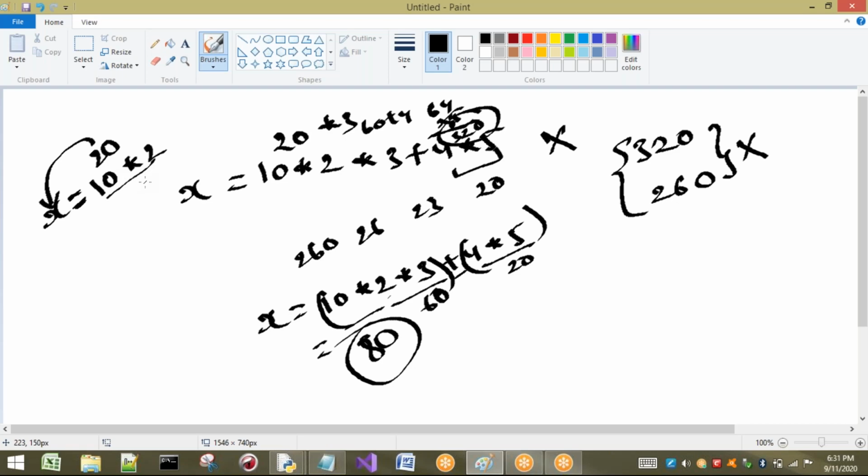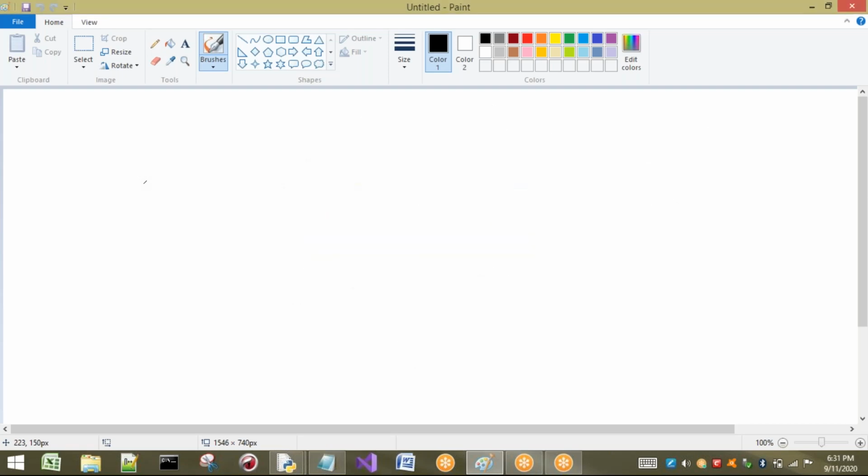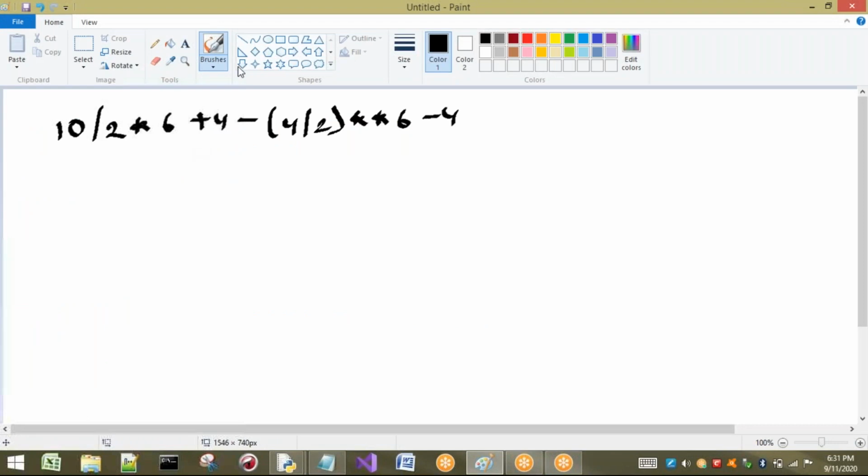So one more example, one expression I am going to take and evaluate for you. So let us take 10, and for example 2 into some complex thing I am going to take here, minus 4 by 2, some exponent 6 minus 4. You must understand this one, so that you will get clarity. So once again let us see what are the highest precedences. What are the symbols I have used here? Parenthesis, division, next one is what? Exponent, plus, minus and multiplication. Only basic things I have used.